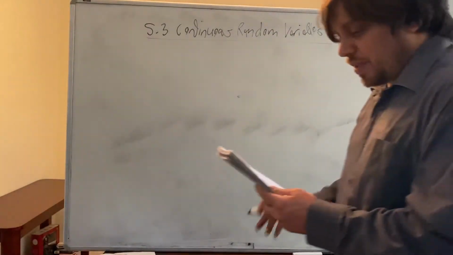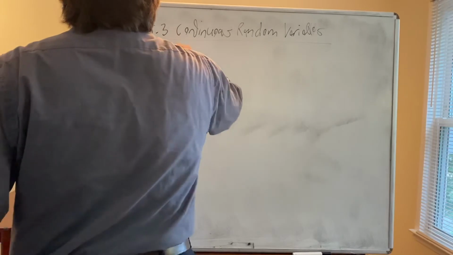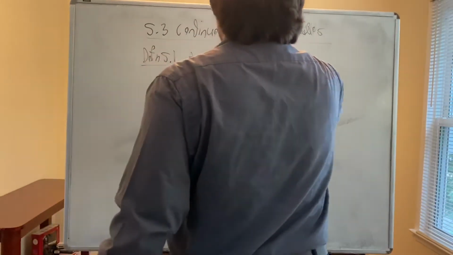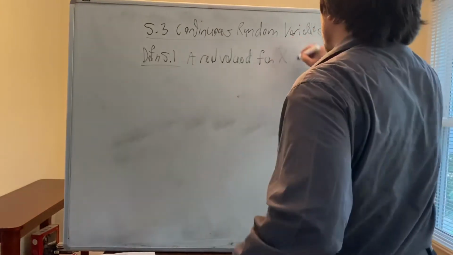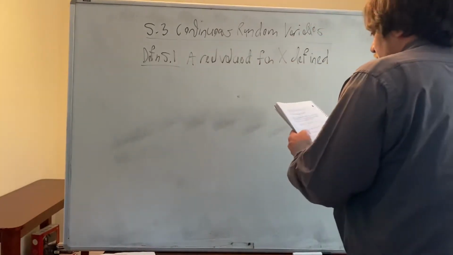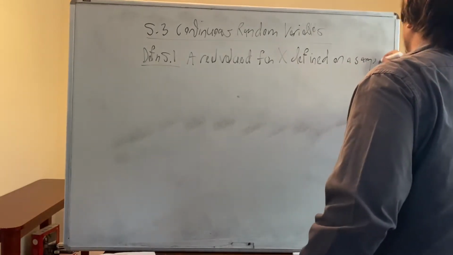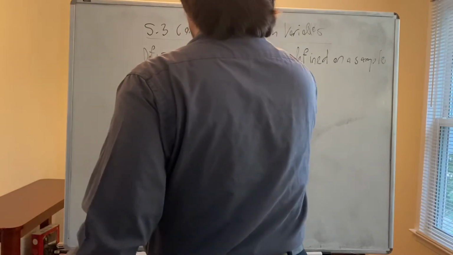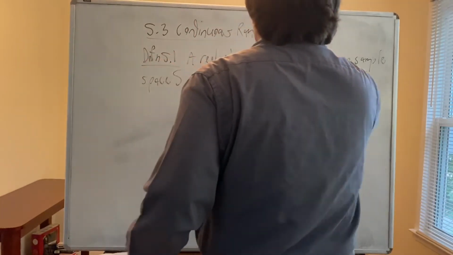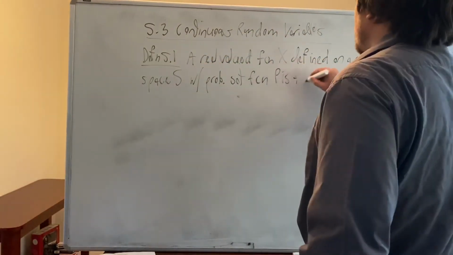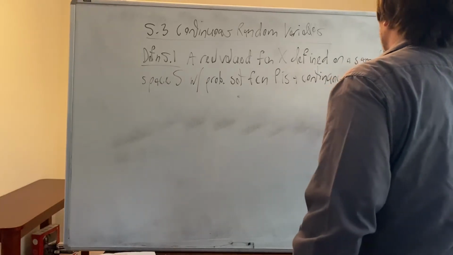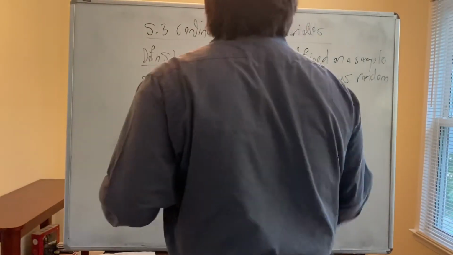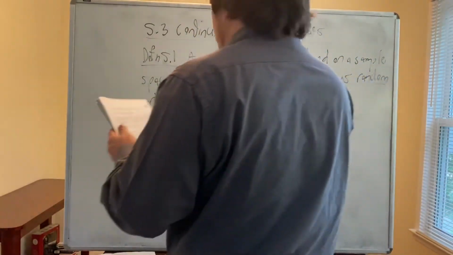Definition 5.1: a real valued function capital X defined on a sample space capital S with probability set function capital P is a continuous random variable provided